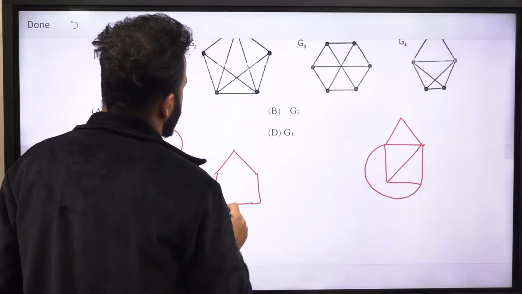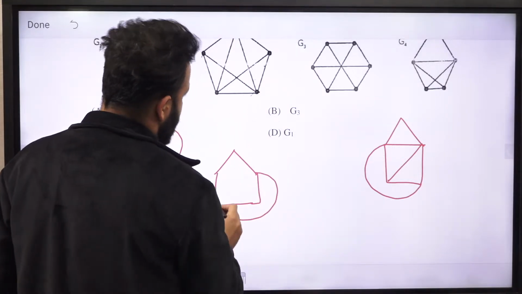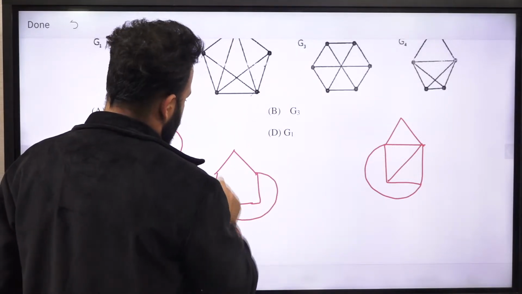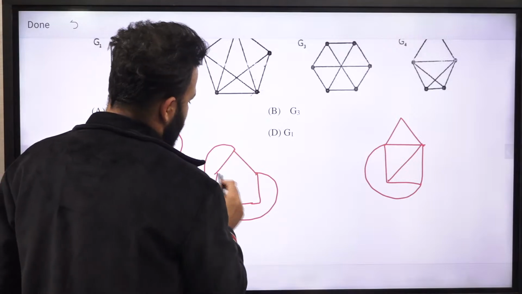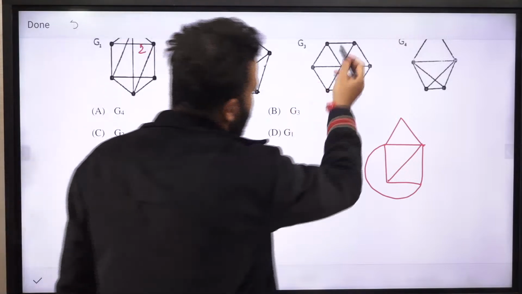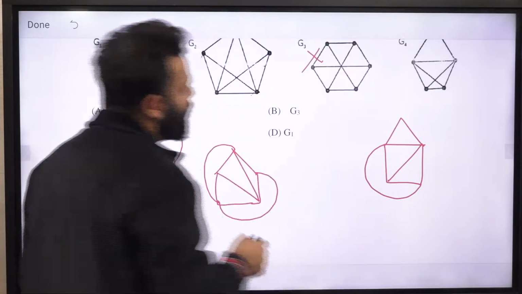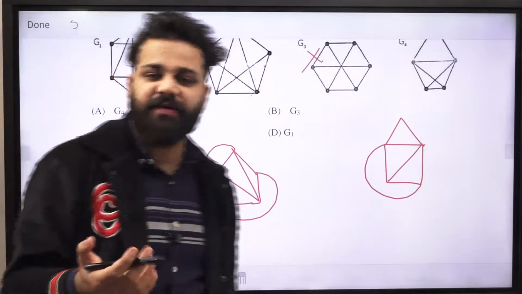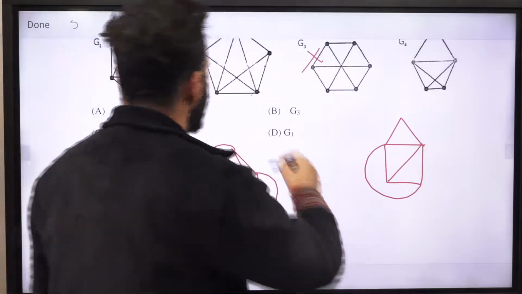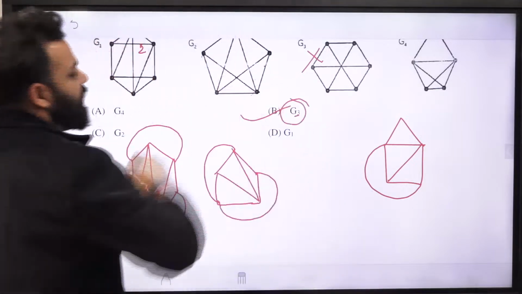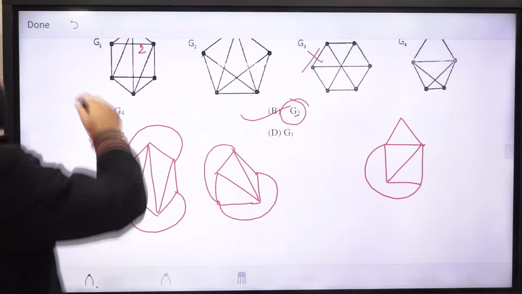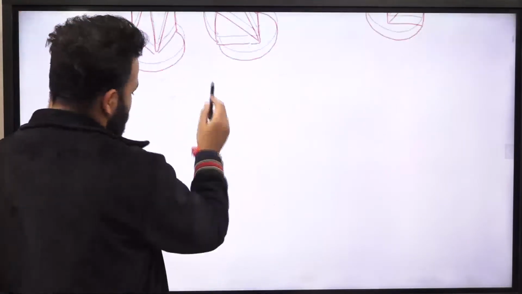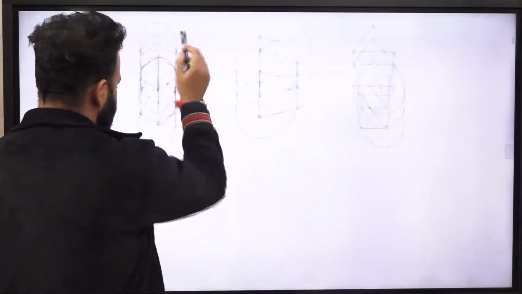So what we will do here is take this and take this, and the rest will be the same. So in this graph you cannot rearrange the edges in such a way that they are not cutting each other. So option B, which is the G3 graph, is not planar. Next question is,